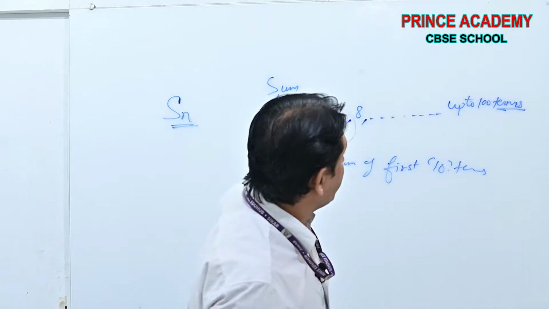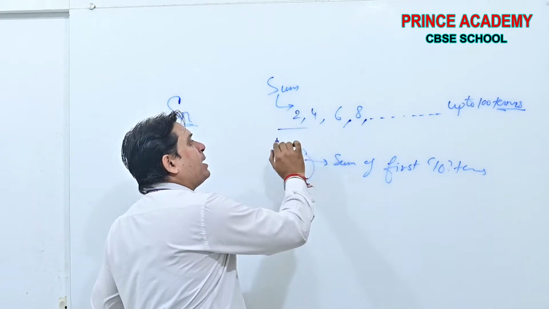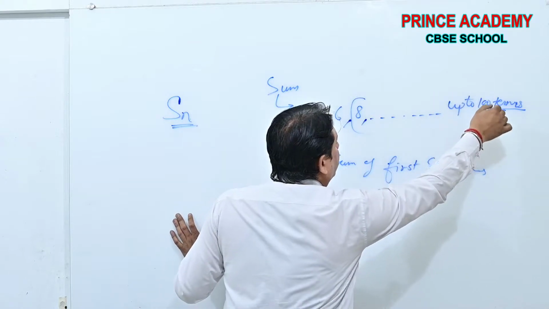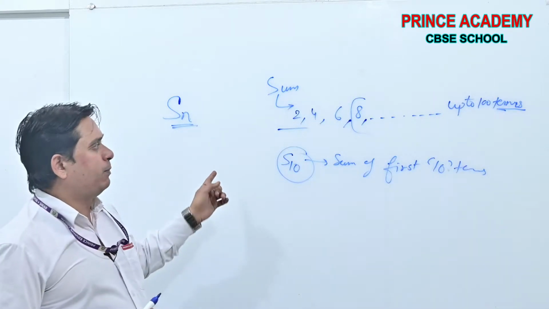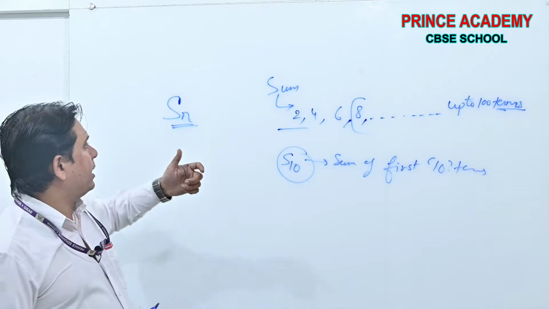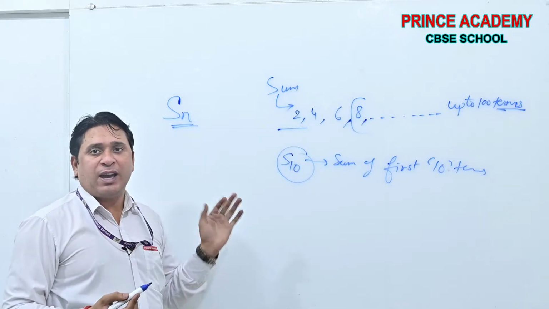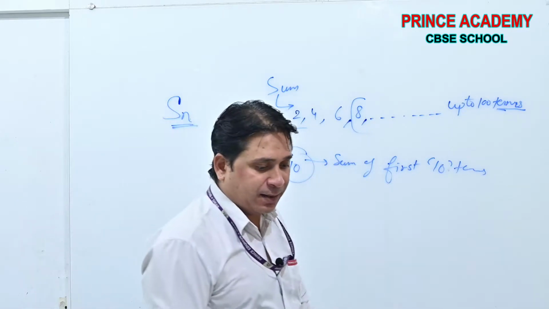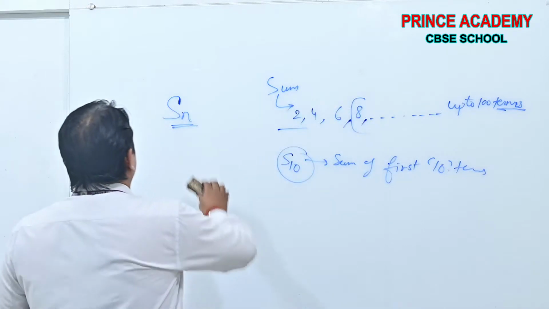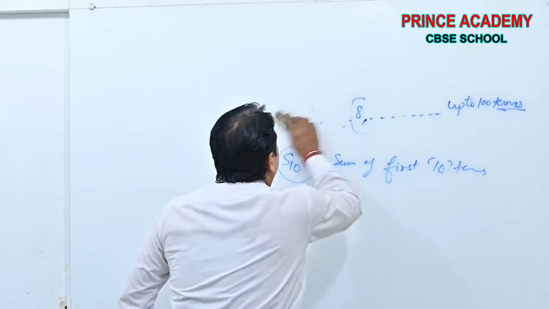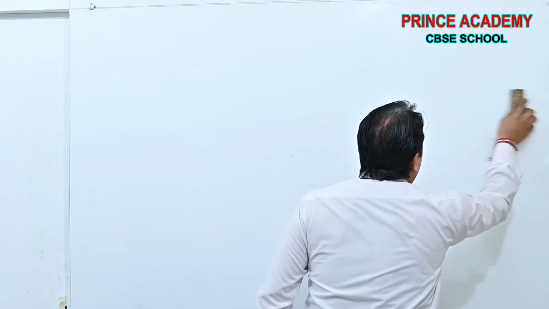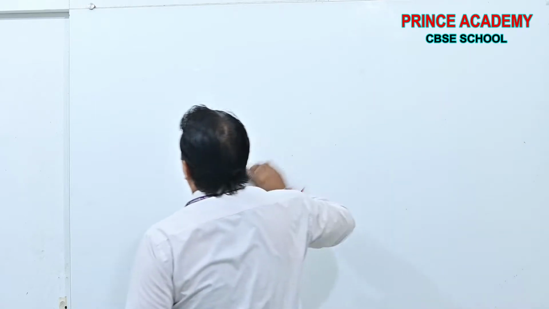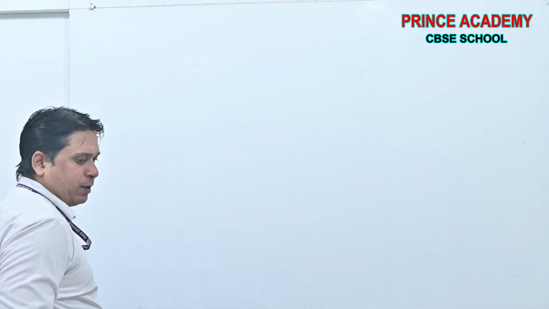Okay, beta? It doesn't mean you are given an AP and from here to the 100th term you want to find the sum, but it will be very difficult without finding the first term. Okay, this is the sum of first n terms of an AP. Now don't worry, beta. What we are going to do now is derive the formula.